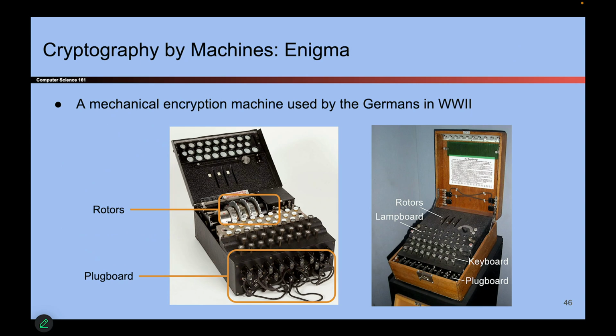Okay, fast forwarding a little bit. So we went from 2,000 years ago to the 1940s. This was used in World War II. It's called the Enigma machine. It's a very interesting story. If I had time, I would tell it to you. But the short version of it is the Germans created this machine, and they wanted it to be an unbreakable